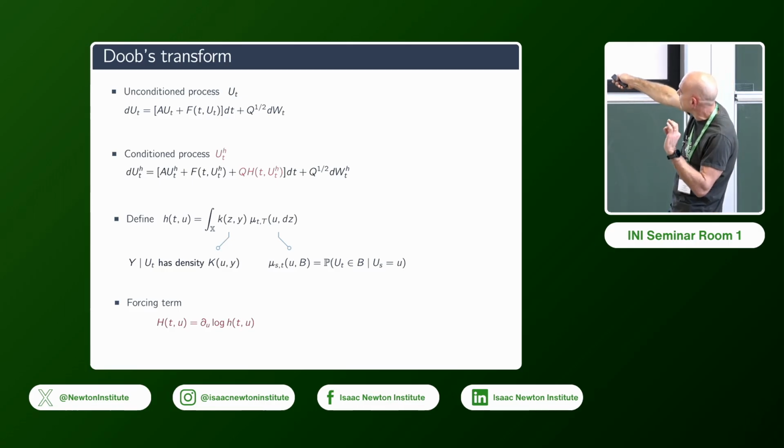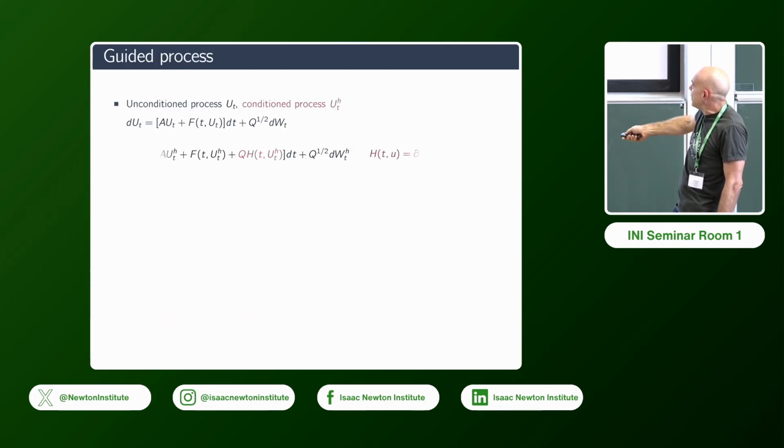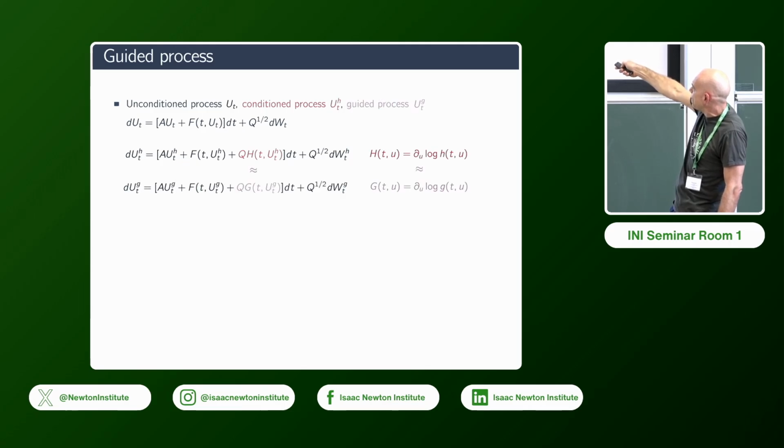What I'll get into the details of is that big H hinges on knowing little h. And the reason why we cannot use this approach is because little h is not computable. Because to define it, you need this kernel, and this kernel means basically you have to own this SDE. So that's typically tough. But Torben and Frank have a fix for that. They say, rather than taking the conditioned process, let me come up with a G that approximates H and that is computable. And in that case, I have an algorithm that does that.